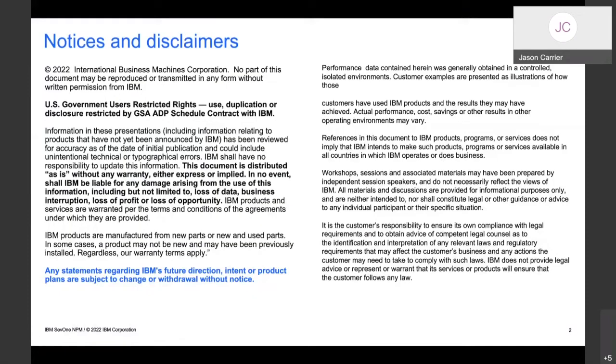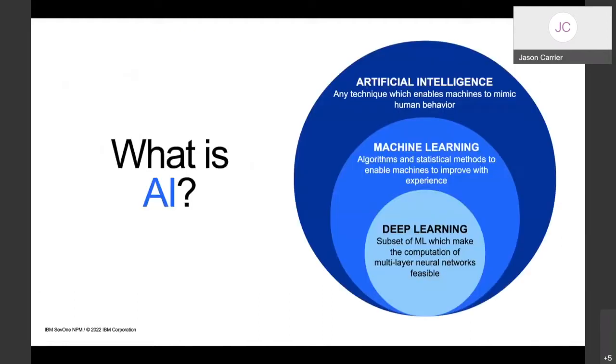And the very first thing I want to start this off with, it's a legal disclaimer. We are going to be talking about some futures here in terms of what we're developing. And I'm not a fortune teller or psychic or anything like that. I don't know what the future actually holds. So I want to be really clear that any statements that I make regarding IBM's future direction, intent, or product plans are subject to change and without notice. So we are going to communicate what we currently think the future looks like, but that doesn't constitute a promise to deliver on any specific timeline or anything like that. And with the legal disclaimer out of the way, we can get to the fun part.